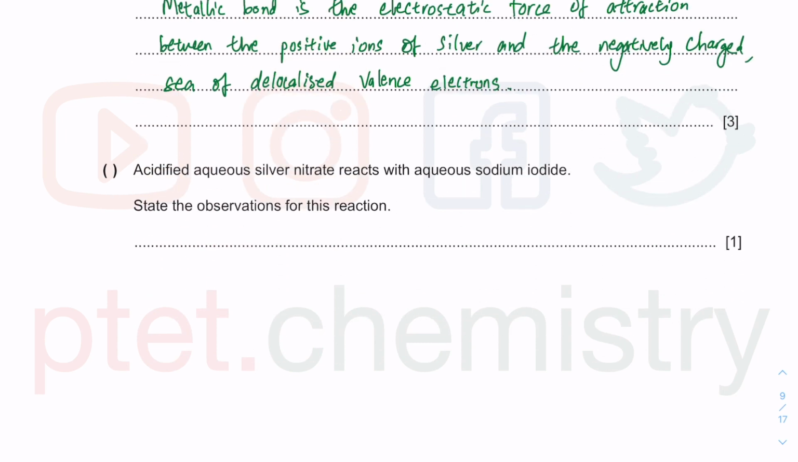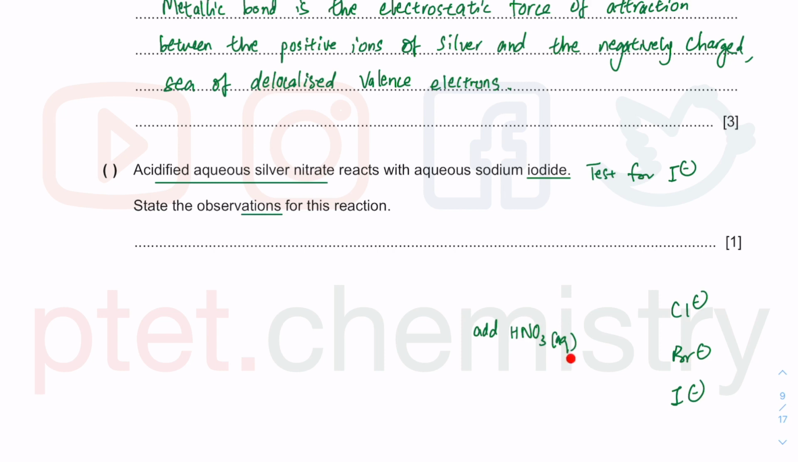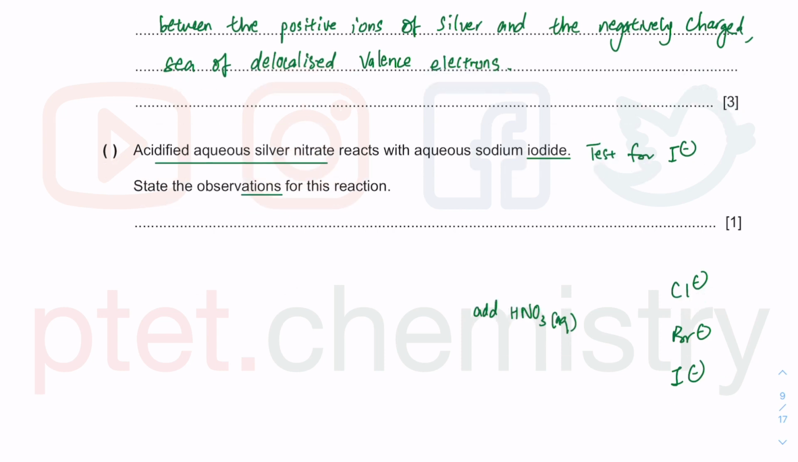Next up, we have observations. This is acidified aqueous silver nitrate. We use it to test for halide. In this case, we are testing it for iodide, but you know you can also test for chloride, bromide, iodide. So you add nitric acid in order to prevent any false positive, because silver carbonate is also insoluble, and then we want to add nitric acid first. We don't see any effervescence, it means it is not carbonate, therefore whatever precipitate we get must be from the silver halide. All right, then you add